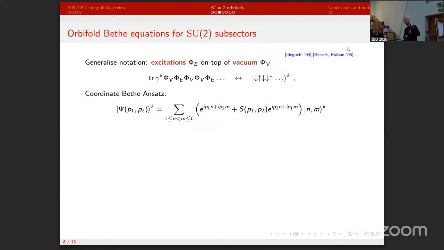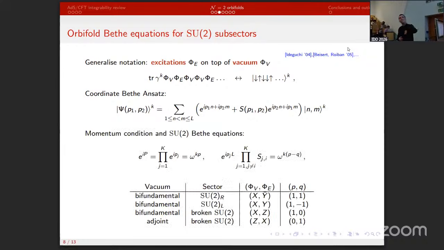Then of course the coordinate Bethe ansatz looks exactly like before. I just have to implement this twisted boundary condition, and then I can work out the Bethe equations that also look like the Bethe equations you saw in N=4. The only difference is on the right side here, I have these omega factors showing up with, of course, the twist sector k, but also these additional p and p minus q that basically tell us in which sector